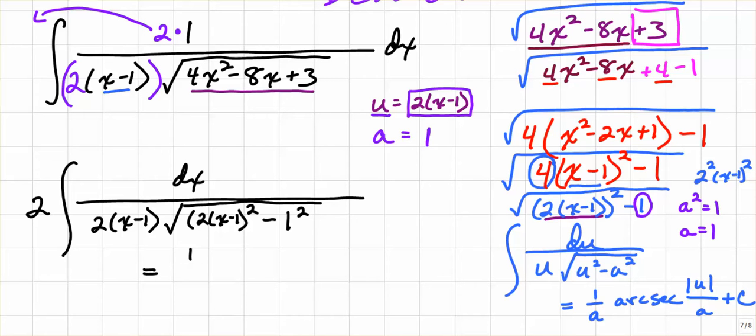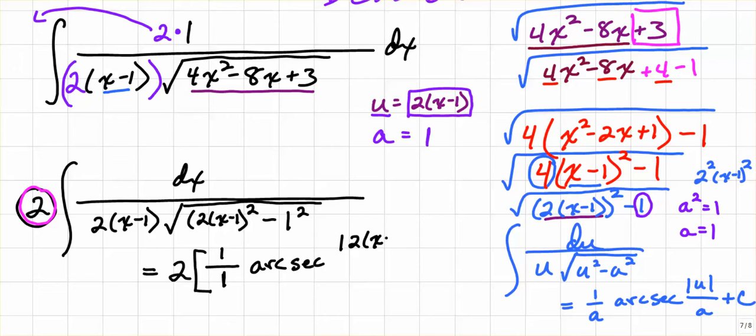Oh, but wait, I forgot that there is this 2 out here. And that's going to be important, so I can't forget that. So this will be 2 times 1 over a, which in this case is 1, times the arcsecant of the absolute value of u, which is 2 times x minus 1, all over a, which in this case is 1,